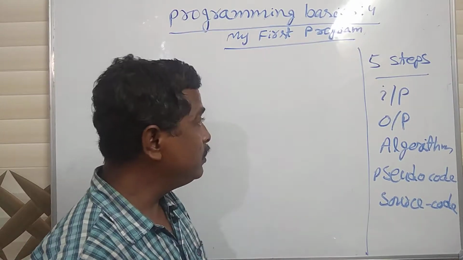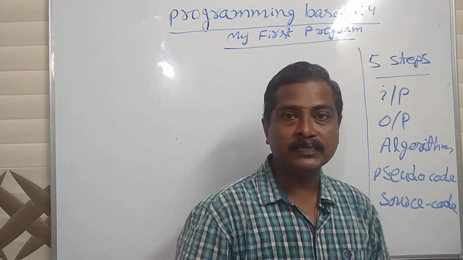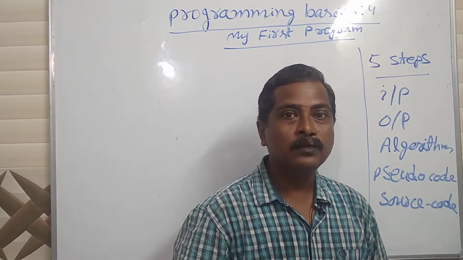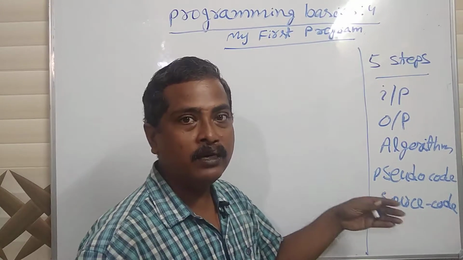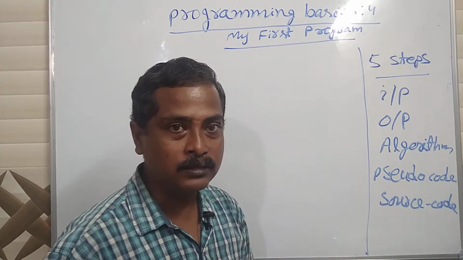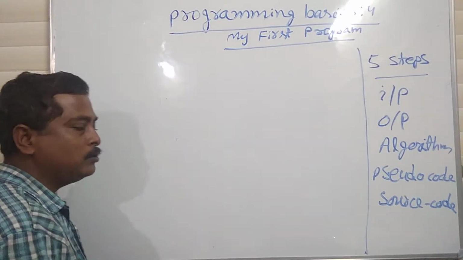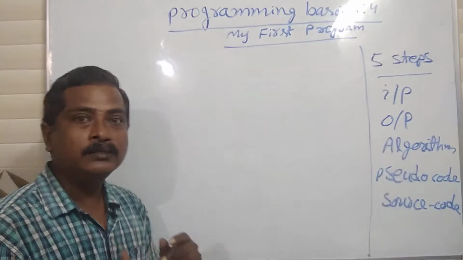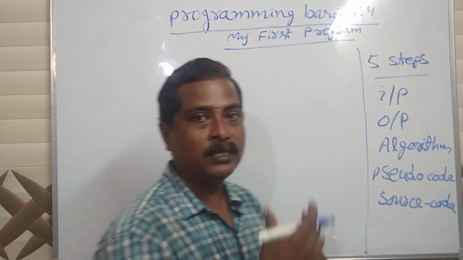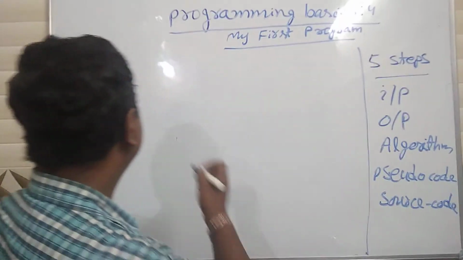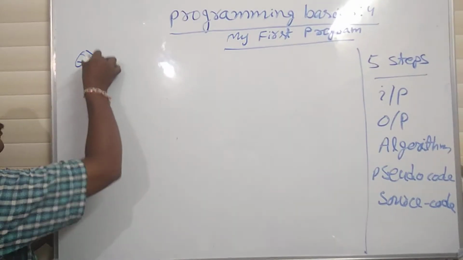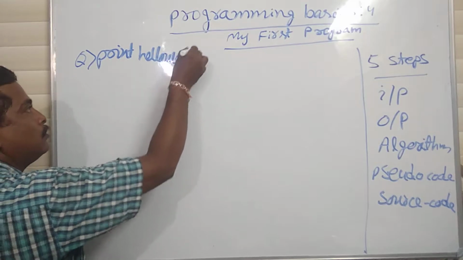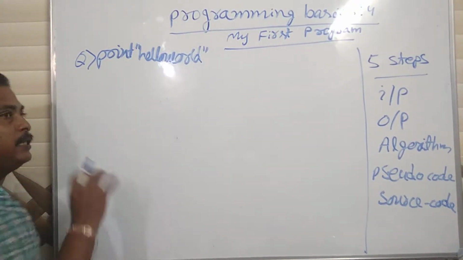So what we will do is take a simple example and try the program in different languages, so that we come to know how to implement our programming concept in different languages. Everywhere, in all the books, the first program is the hello world program, which means I want to print or display something on the monitor: hello world. So the question is: print hello world. This should come in the output screen.